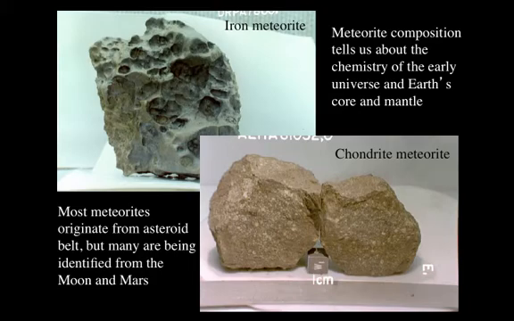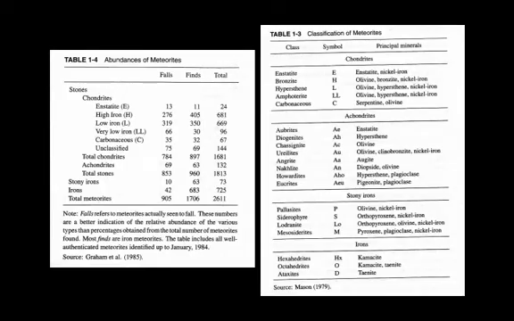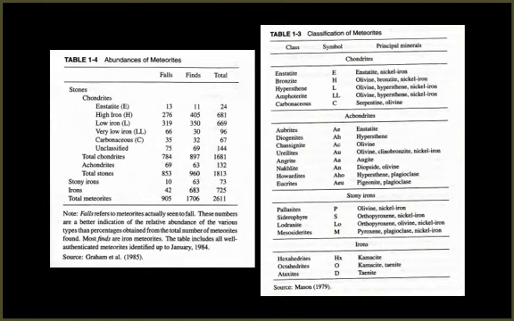Here are examples of an iron meteorite and a chondritic meteorite, and these meteorite compositions tell us about the chemistry of the early universe and about Earth's core and mantle. Most of these meteorites are originating from the asteroid belt, but many are also being identified from the Moon and Mars. If we look at the composition of these meteorites, the iron meteorites are, of course, comprised of metals, but